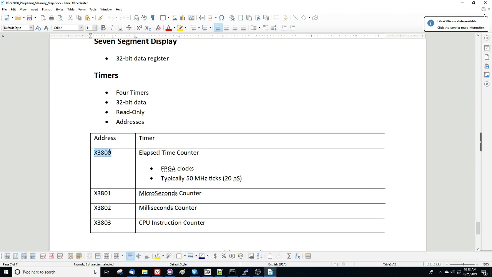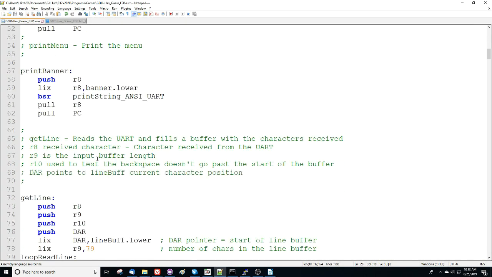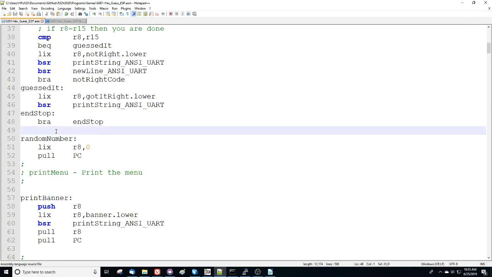If we read that time counter, that should give us back a 50 megahertz tick, so every 20 nanoseconds it increments. It's a pretty big number, so we can read the whole thing and use that to have a random number. It's good enough for what we're doing, and I think it should work just fine. So let's add that code to that location to our code. The random number function here is here. We're going to add,